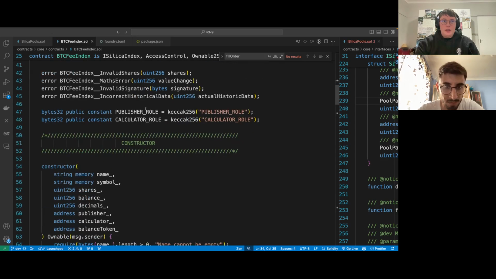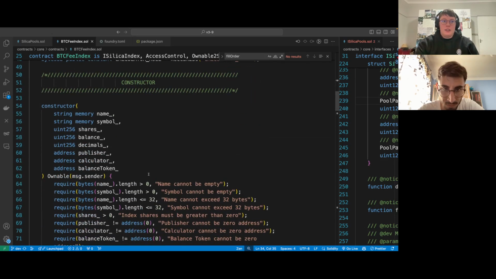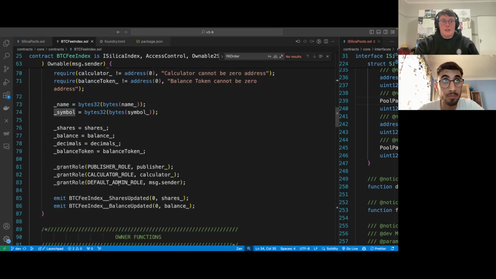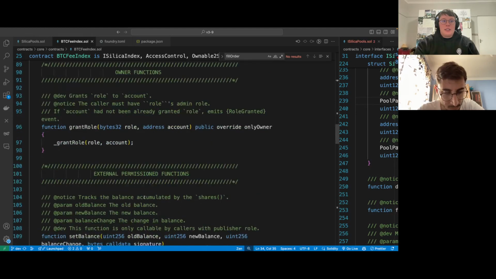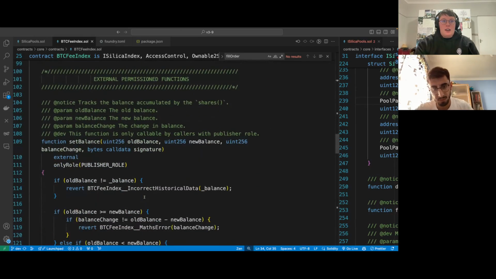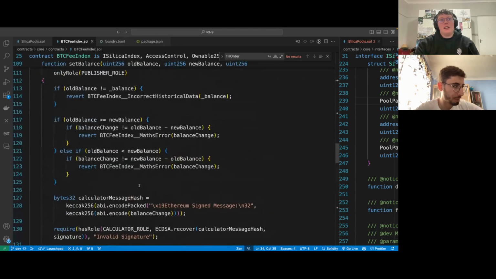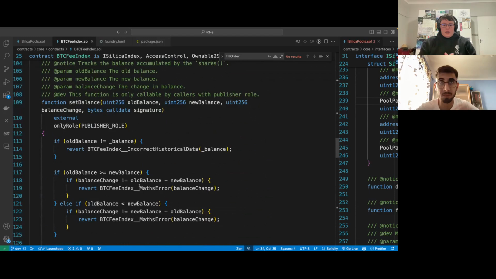Errors. We use access control for roles. Cool, just some requires, and then grant some roles. So the first thing we have is a, sorry, I'm going to skip this and come back up. We have a calculator. Oh, the calculator is done off-chain. So we have a calculator role, and that's our off-chain oracle that does the RPC call to the Bitcoin network. And it then signs a message with a signature